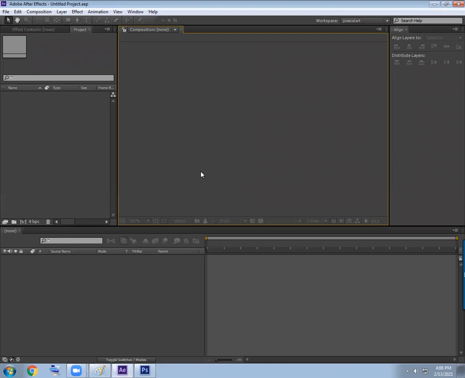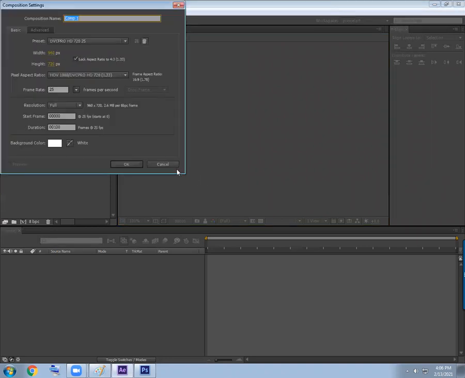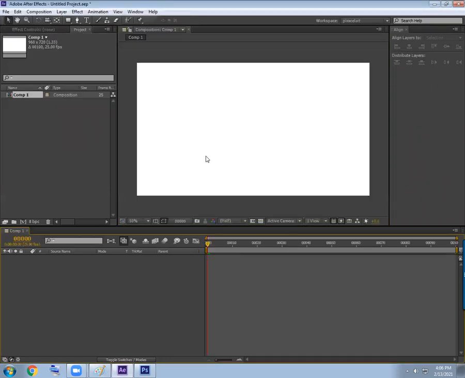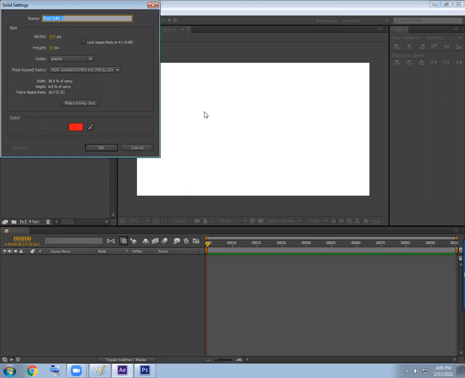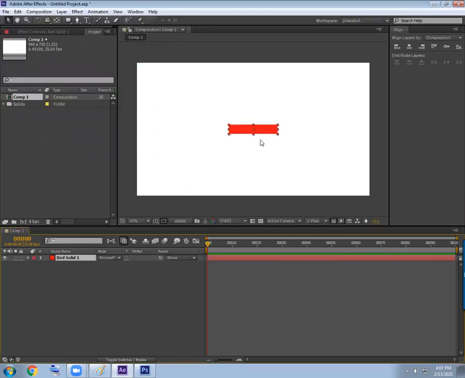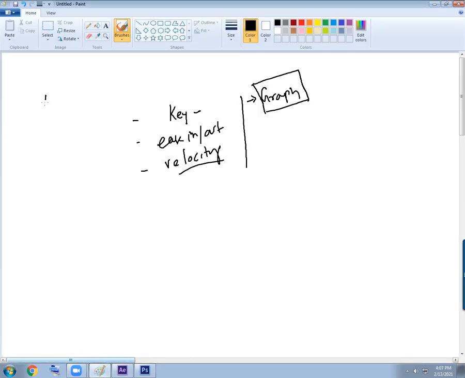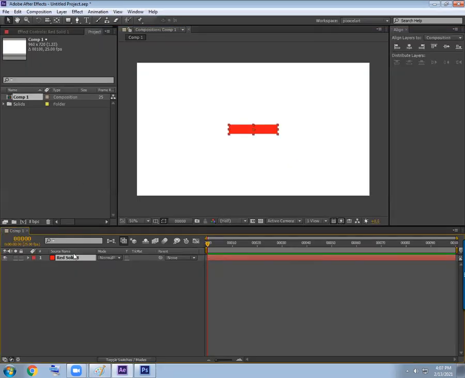So let us take an example with another property. Till now we are working with position. Instead of position, let us take rotation, right? So Control Y, take a new file, and you want to rotate this, fine. So go for the property called R. Now a new keyboard shortcut, R. R for rotation property, reveal the rotation property of the layer, R.